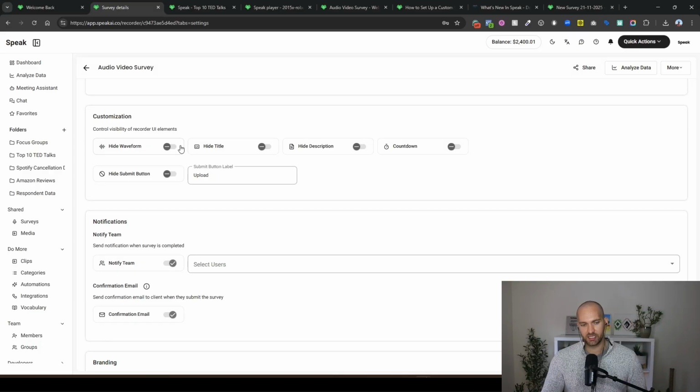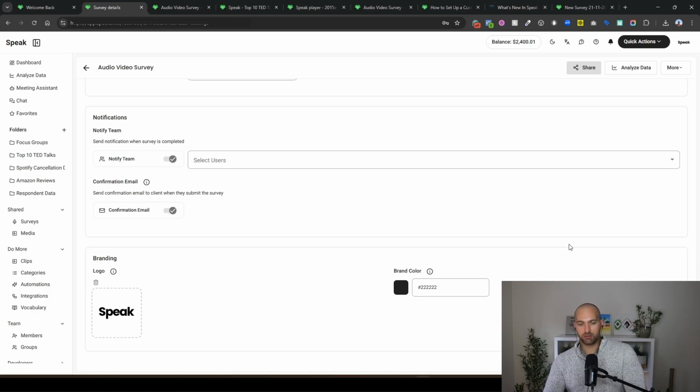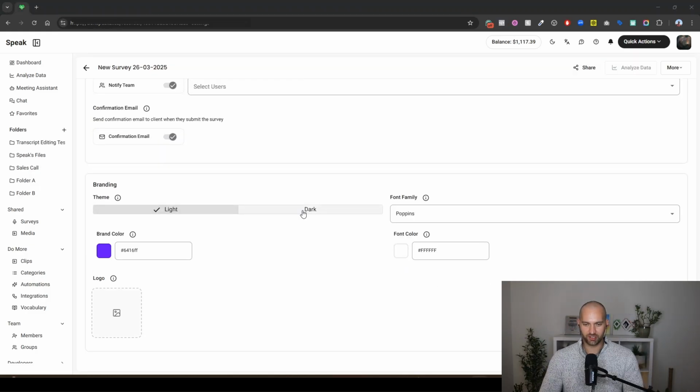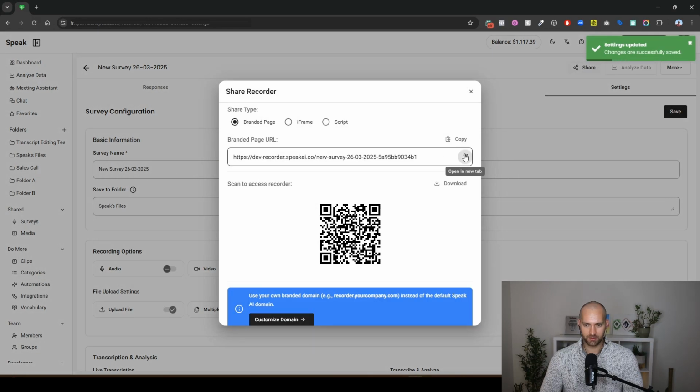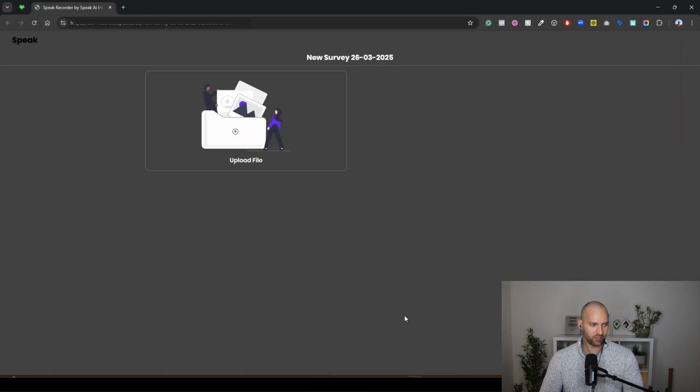And what you can see is that there are now options that allow you to modify the survey in an even more granular way. You can hide the waveform, the title, you can hide or show the description, you can show a countdown when you're recording, and you can even modify the button label. In terms of branding, we've actually added a bunch of options here as well. You can see the light and dark theme here. So now if I go to dark, I can save, I can pop this open and see the dark theme